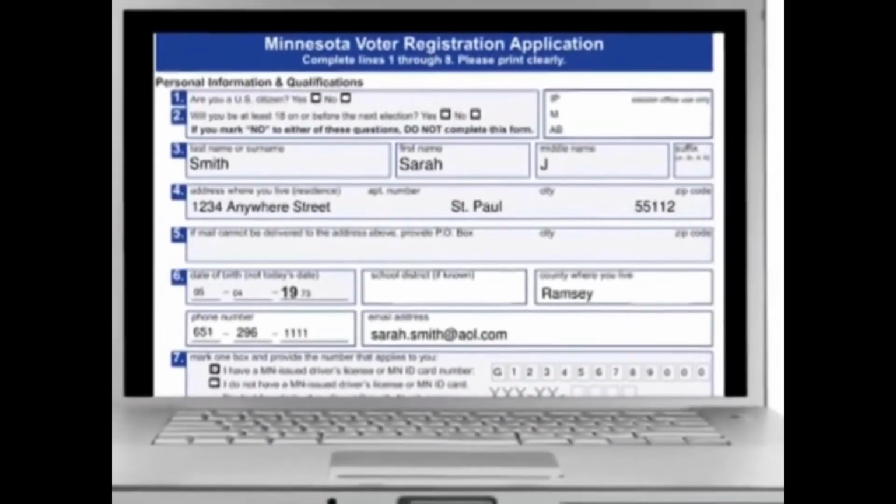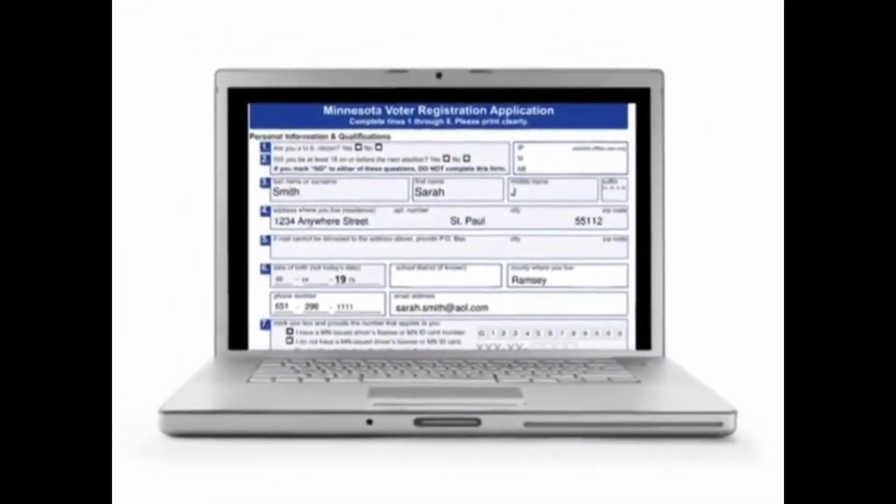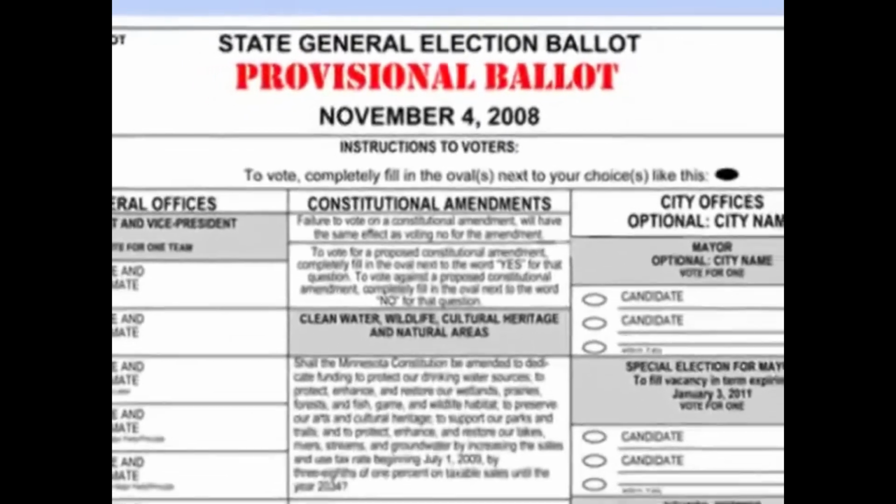Data from the individual's identification card will automatically populate a voter registration form that is then printed and signed by the voter. The voter's registration information will be stored in the electronic poll book and uploaded to the SVRS system later that day. If an individual lacks an identification card, they will still be allowed to vote using a provisional